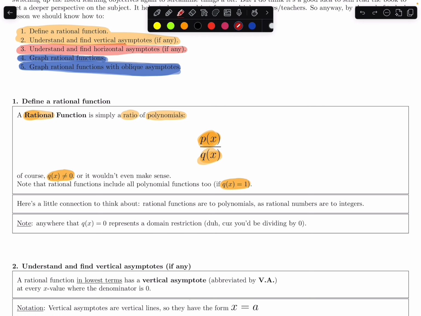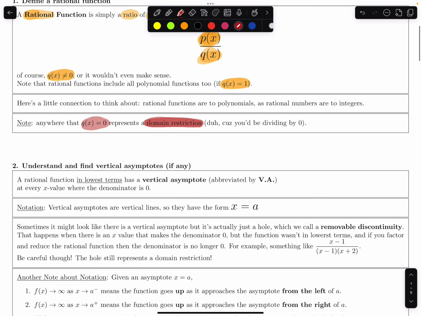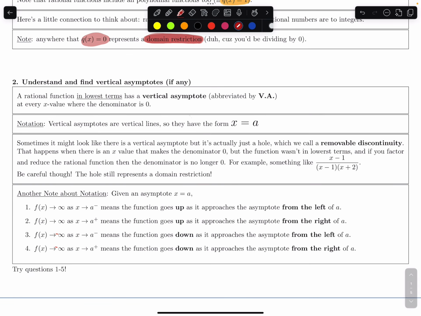That's the analogous thing. And one more note, anywhere that q of x, the denominator, is 0, that represents a domain restriction, because then you'd be dividing by 0, and we all know you cannot do that, right? Okay, let's move right on to vertical asymptotes before we try any questions. So vertical asymptotes, if there are any, occur when your rational function is in lowest terms. It has to be in lowest terms. Once it's in lowest terms, if you notice any values for x that make the denominator 0, then you have yourself a vertical asymptote. We abbreviate vertical asymptote sometimes by VA,